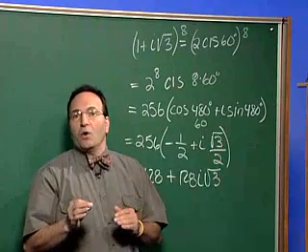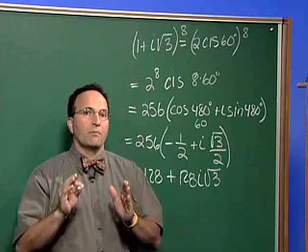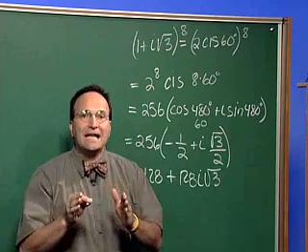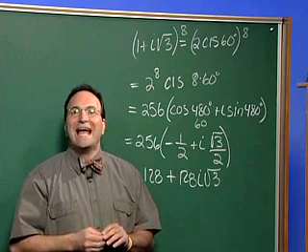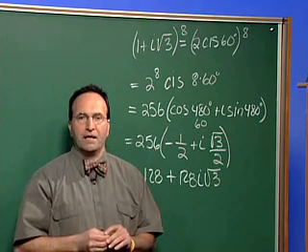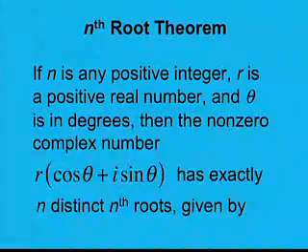Okay, now we want to look at De Moivre's Theorem and extend it to what's called the nth root of complex numbers. Let's look at this. If n is any positive integer, r is a positive real number, and theta is in degrees, then the non-zero complex number, r cis theta, has exactly n distinct nth roots, given by